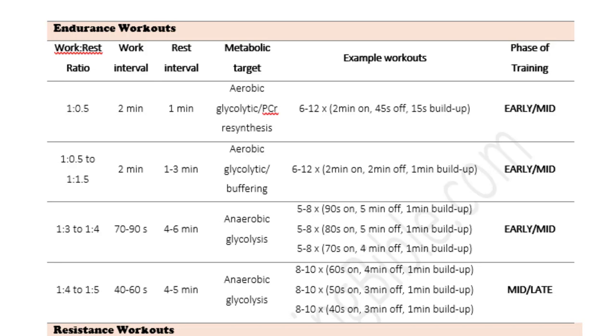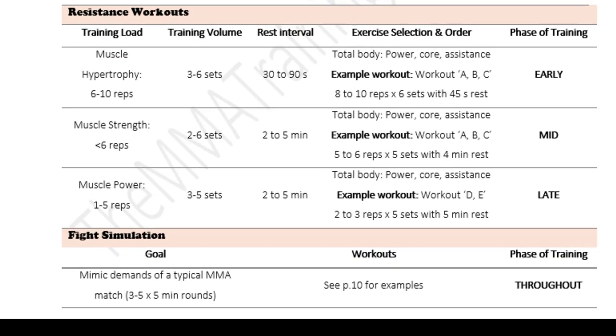you do this. So for example, if you have a few weeks focusing on, say, 2-minute intervals, then you drop the work interval to, say, 90 seconds, 80 seconds, 70 seconds, and you'd be working with intervals in the 60, 50, and 40-second range by the end of that phase.